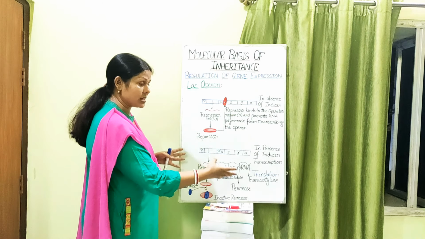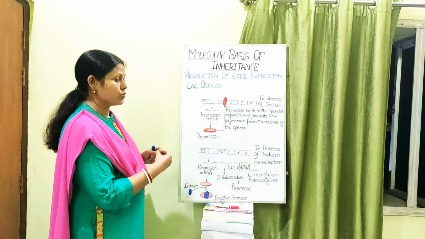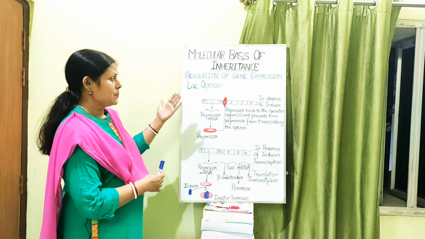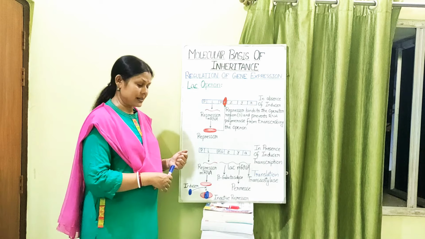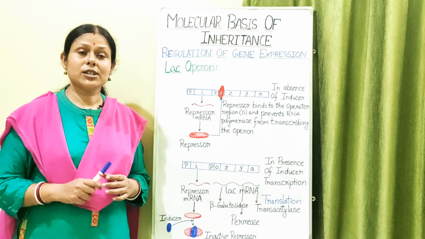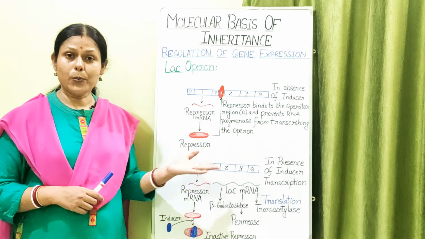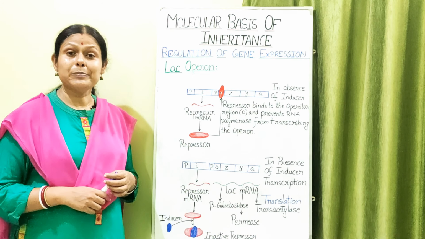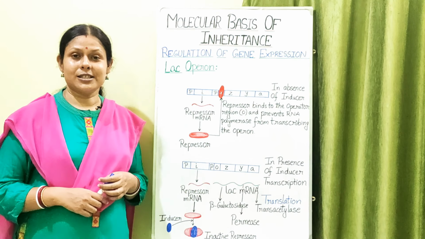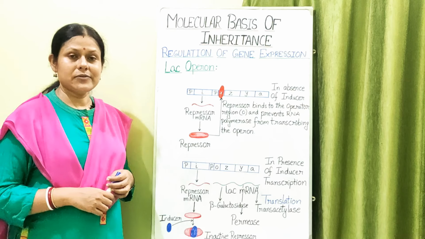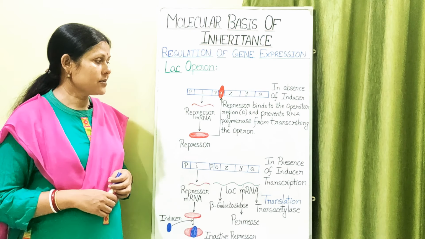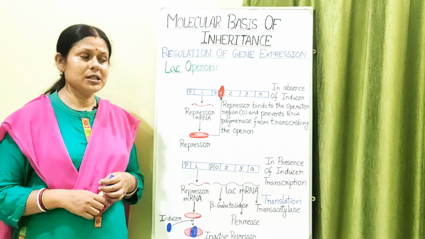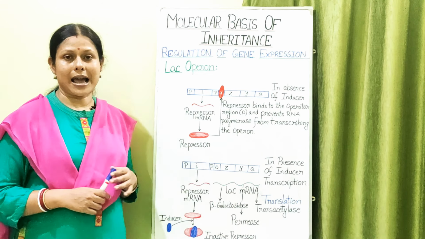These enzymes will be converting the lactose into glucose and galactose, and as a result easily the utilization of lactose can be done by the E. coli bacteria. So such type of regulation of an operon by the help of a repressor protein is a kind of negative regulation. Okay, positive regulation is not in the syllabus, so we are not going for that. Negative regulation is done by a repressor protein, and the example is that of a Lac Operon.